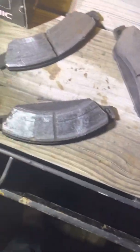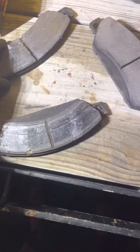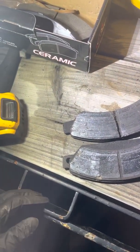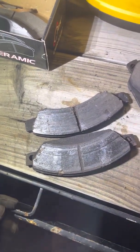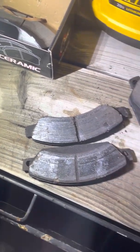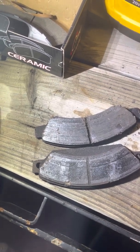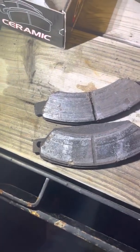Alright, so I got the pads out here, which the inside one is well worn. Well, the outside one has a lot of life left on it, so the slide pins probably need greased, because that caliper is probably a year old, maybe 2 years old, because I've replaced calipers on this thing multiple times within the past couple years. For some reason it keeps eating calipers too, and I don't know if it's the local auto parts, maybe they're getting crappy calipers or what it is, but